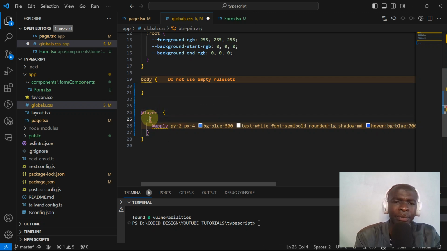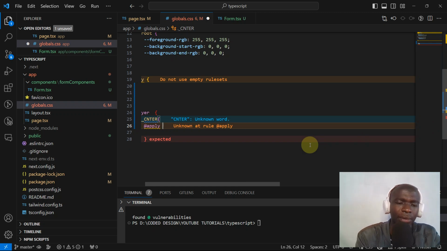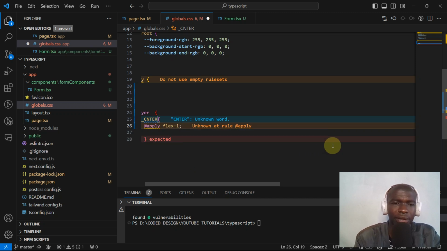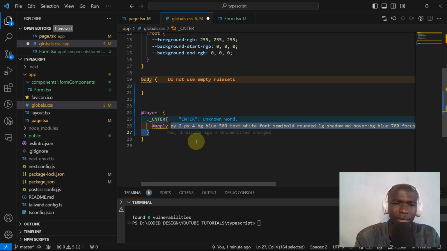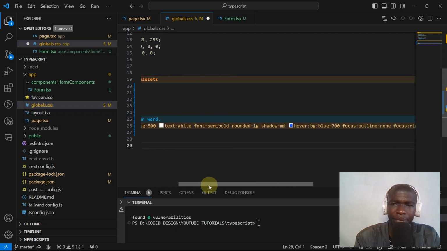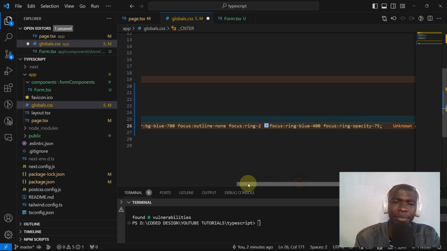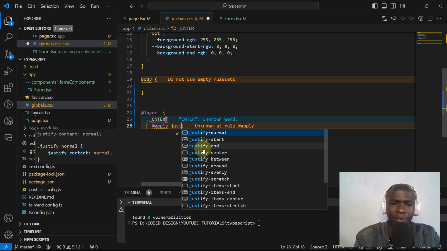And then what we're going to do here, we're going to put a dot and then we'll say center. These are the styles that we are going to apply to our center, which is, let's say, first flex one, just to test this. Let's see what we might have done wrong. We just need to delete only this, from here to here, and that is it. And then let's say justify center,